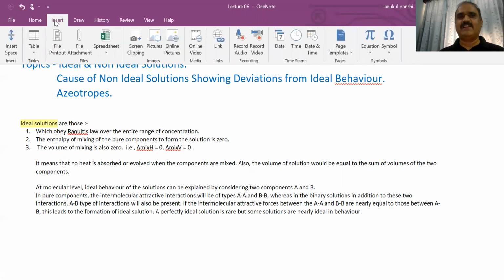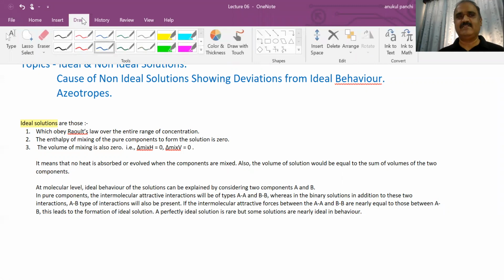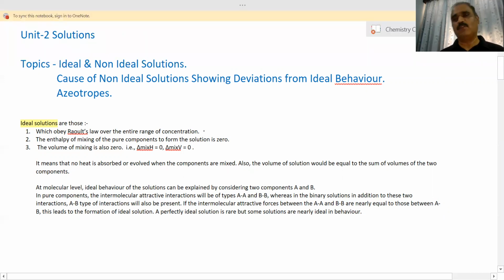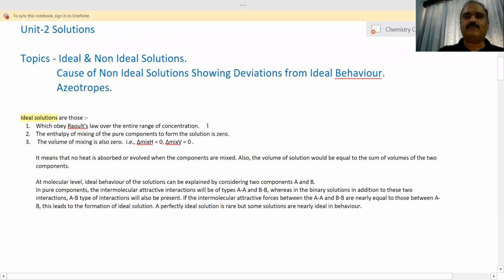And vapor pressure of a component of solution is the product of its mole fraction and its pressure in pure state. For example, if a solution has two components, component number 1 and component number 2, then pressure of that solution will be equal to